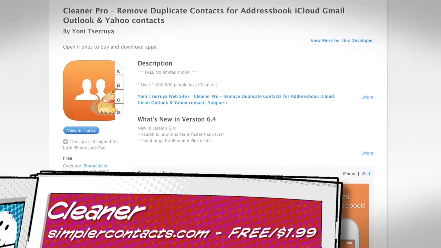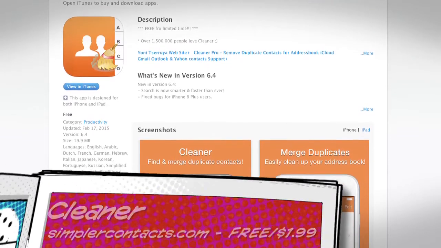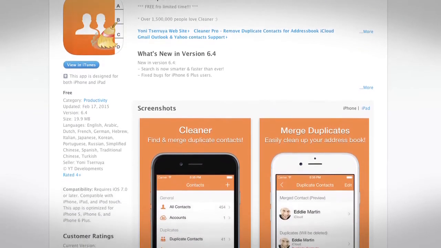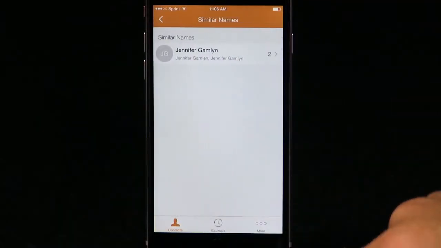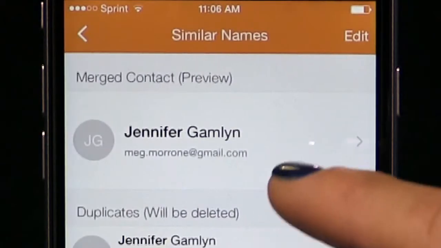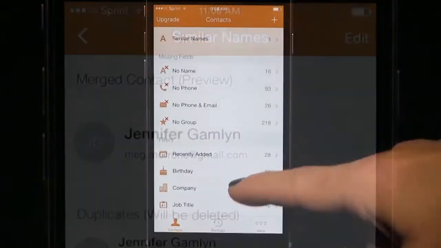If you want to go a step further, or if you have so many duplicates that the idea of doing this for each one of them makes your head explode, then try an app called Cleaner. Cleaner is free, and it will not only find your duplicates and let you merge them in one step, it also locates contacts with similar names in case you just happen to have spelled them wrong and accidentally created a duplicate. The free version lets you filter by contacts with no name, no phone number, and no phone and email